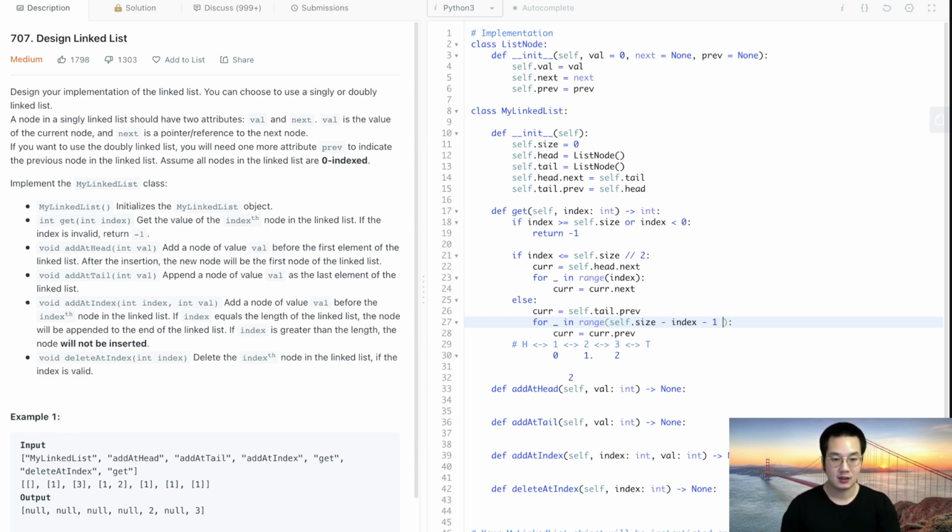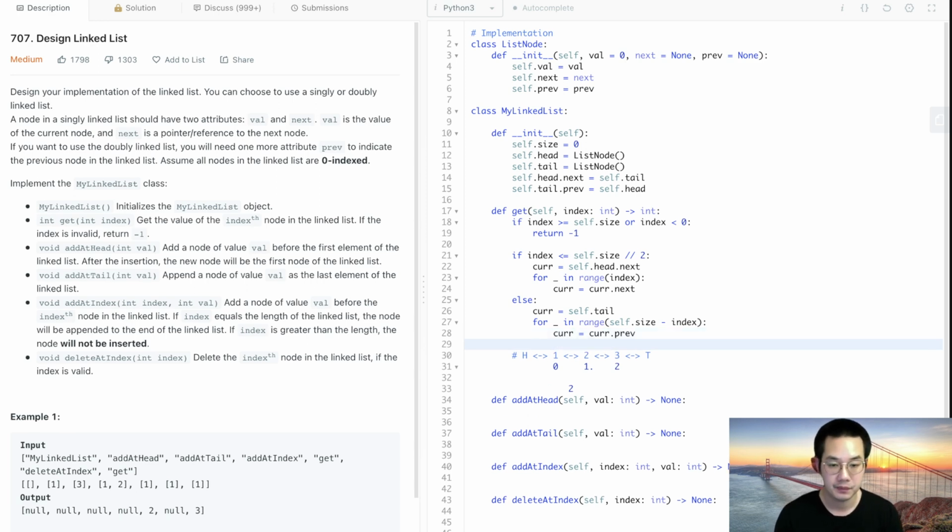So 3 minus 2 minus 1 is 0, so we stay here. But yeah, let's just do that instead. So the 3 minus 2, that's this. We start here and we minus the 2, and we get 1, so we go down to 3, and we're